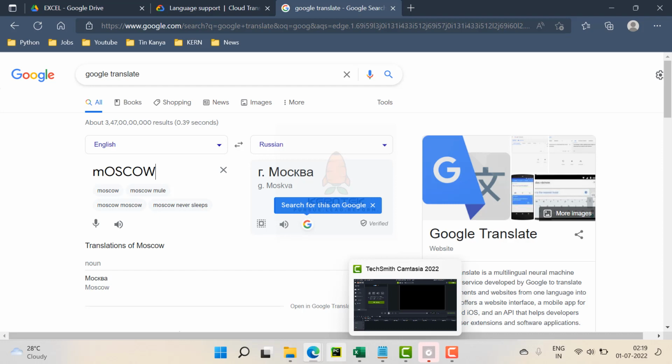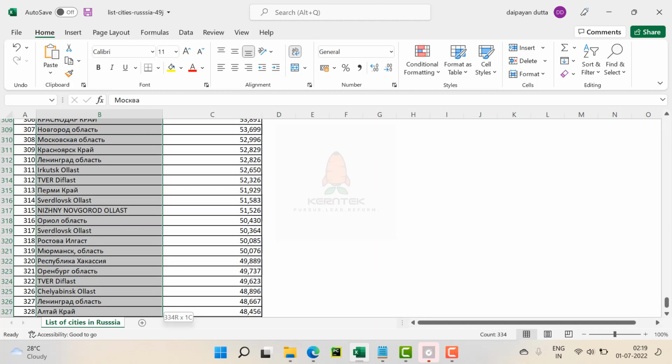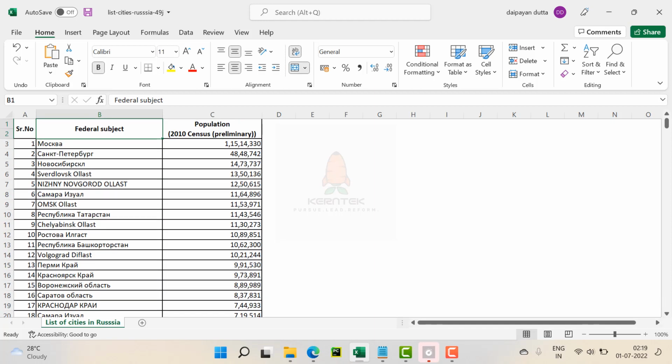But what happens when you have a large set of data? Here we have an entire list of all the Russian cities, all 357 Russian cities and their population in 2010. So now if I want to translate this whole list of cities from